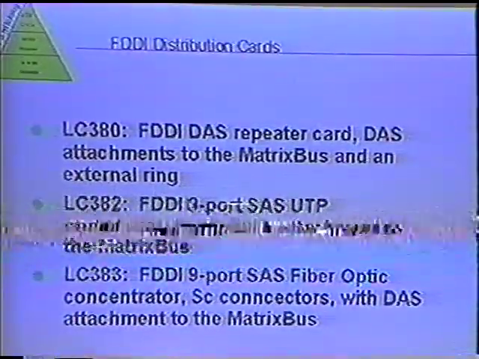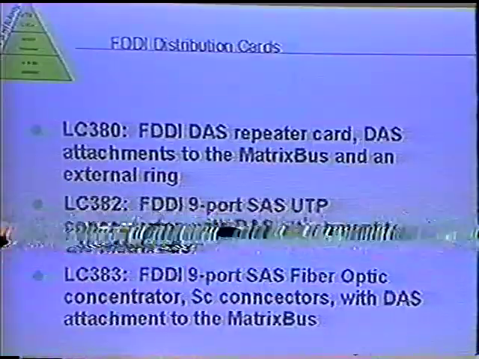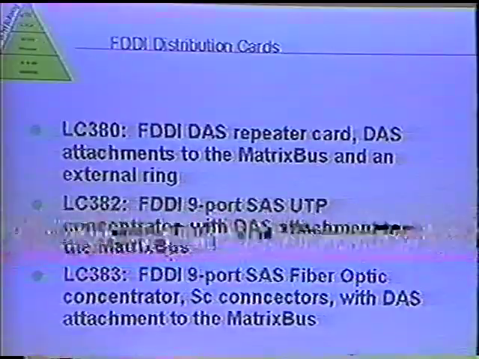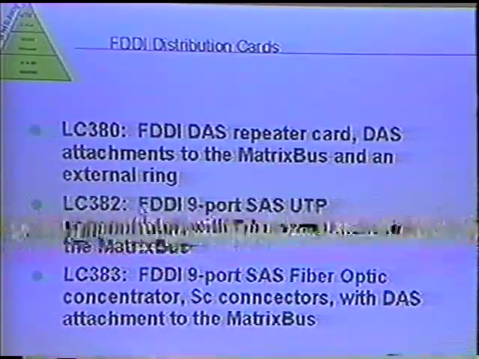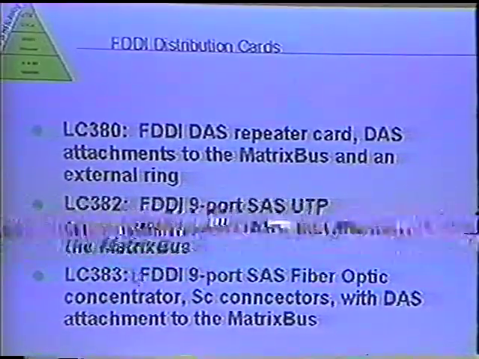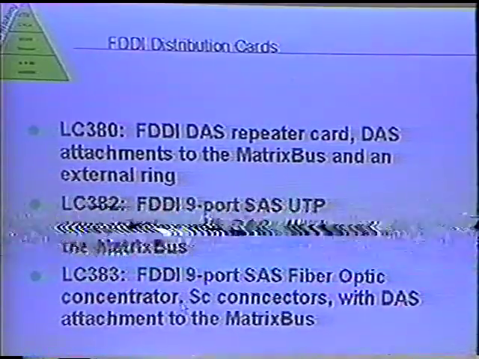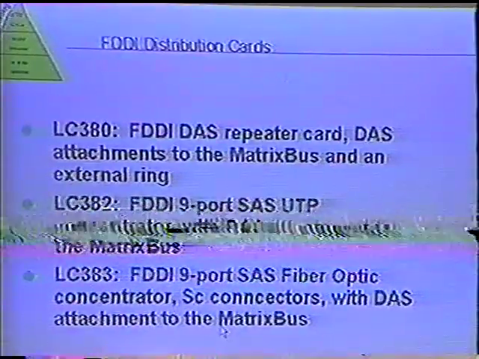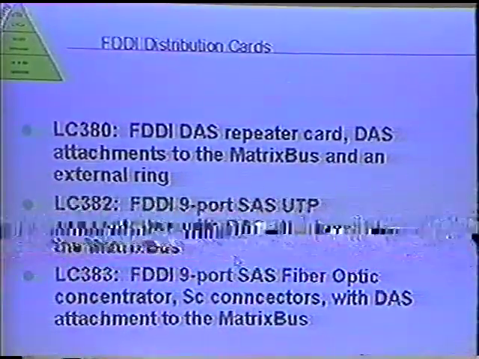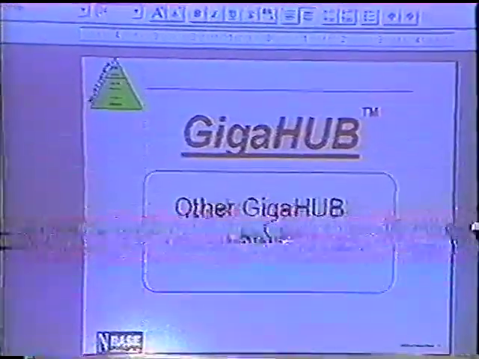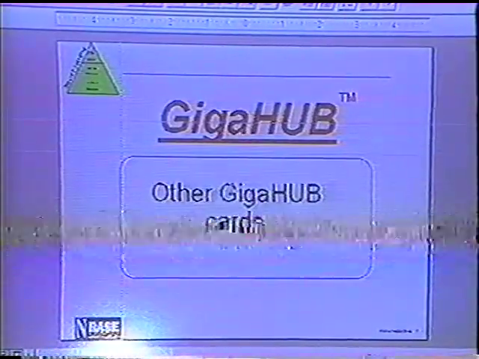There is a 9 ports of a SAS UTP concentrator going outside, and the DAS attachment is going into the matrix bus, and a version of this card with a fiber optic concentrator, SC connectors, and again a DAS connection into the matrix bus. Here you see the cards, and basically this is what I brought to